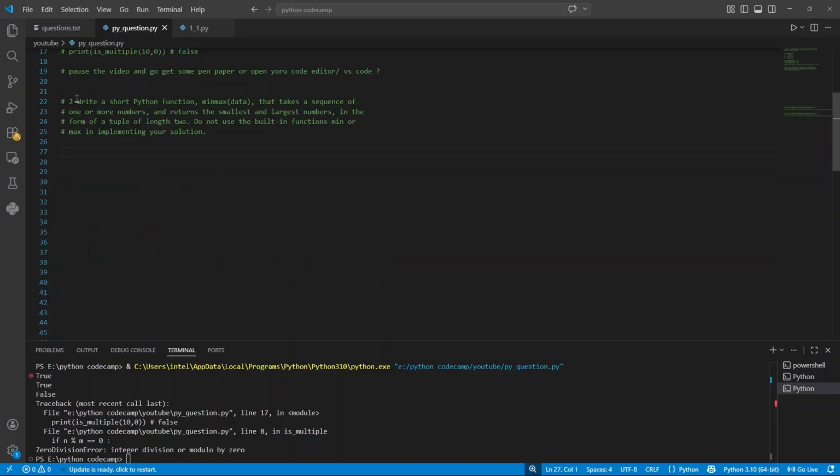Simple as that. Okay, write a short Python function min_max that takes a sequence of one or more numbers and returns the smallest and the largest number in the form of a tuple of length 2. Do not use the built-in functions min or max in implementing your solution. So what we are being asked is to create a short Python function named min_max. We are passing data, a sequence of data, and it will tell us which is the largest and